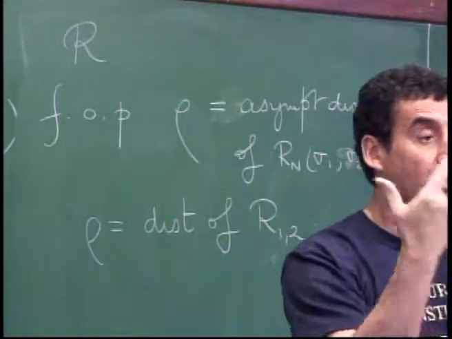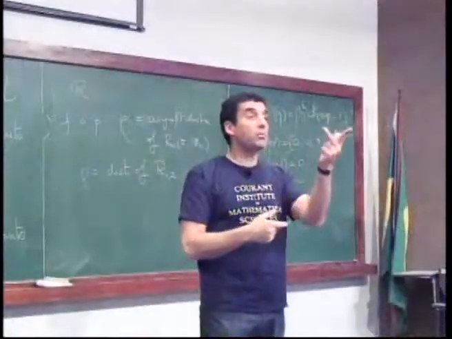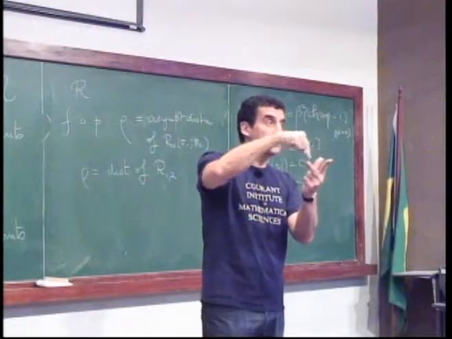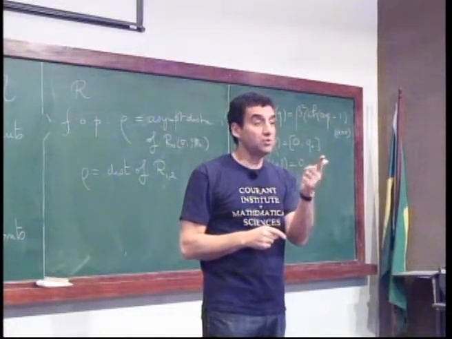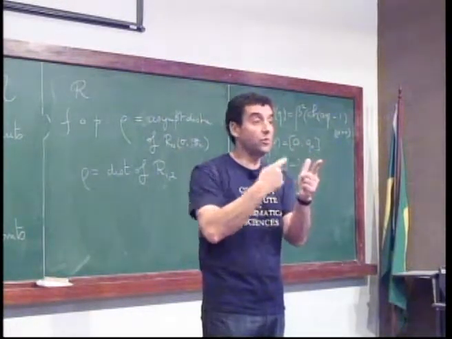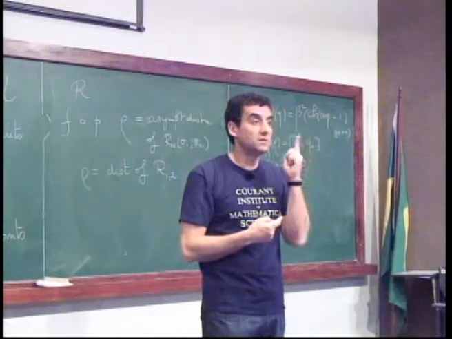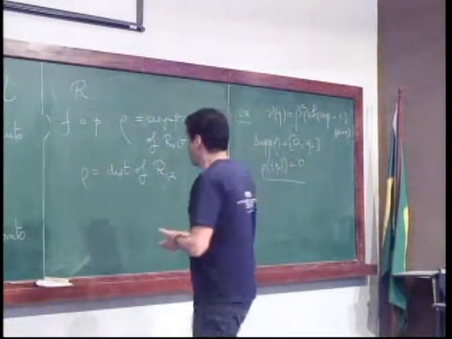Right? But a priori in R you have much more. If you take 3 points, you have the distribution of the distances in a triangle. So it's not clear that knowing the distribution of 2 points, of the distance of 2 points, is enough. Right? So the question here is, why would